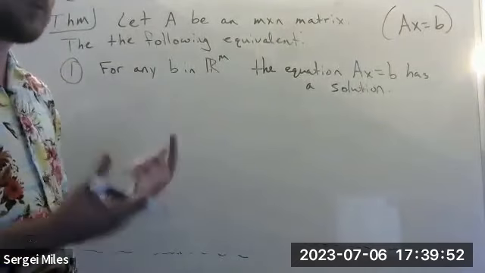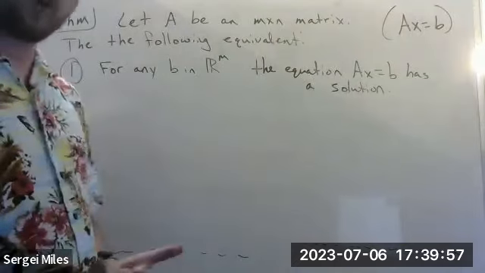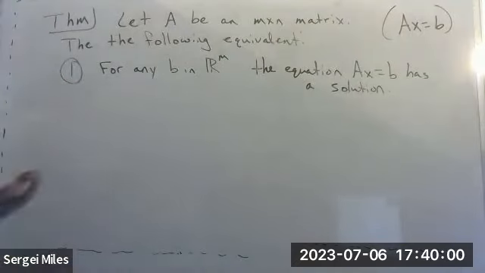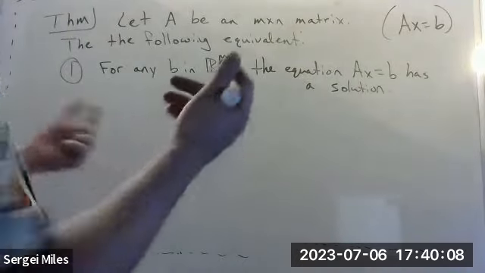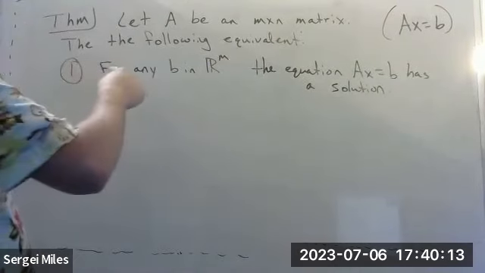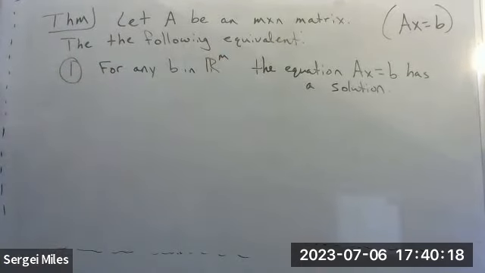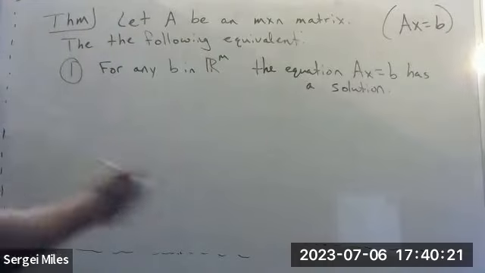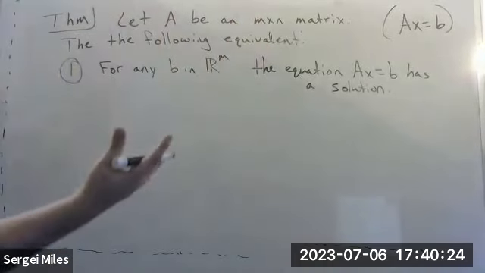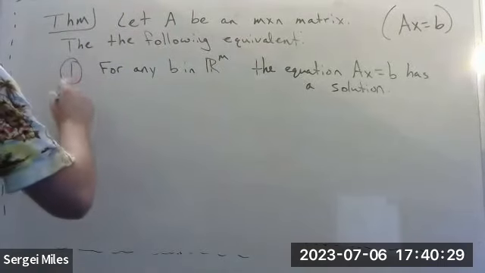Remember that u1 and u2? Those two vectors, when you take the span of them, it was all of R2 because every vector in R2 is a combination of them. Why did that happen? It was because we had enough pivots. In other words, this means we had a pivot in every row. Because in order to span Rm, you must have had m pivots. Well, if you have m pivots, you have a pivot in every row because you can't have more than one pivot in the same row, right? So 2,